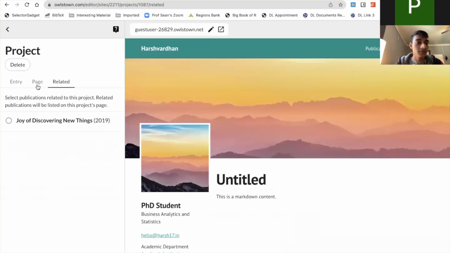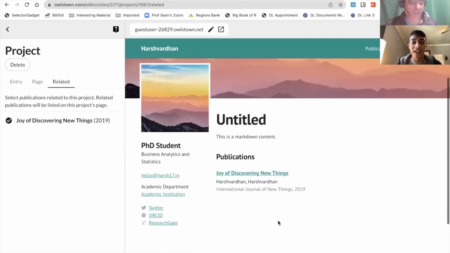Then some things about the related publications which are related to this project. It will automatically show you a list of projects which could have the same publication. Sometimes it's possible that you worked on a project which was such a huge project that it ended up creating 2 or 3 or maybe several research papers. So you could just click on this and then voila. As soon as you have the project titled here, this is a markdown template and all the publications that went with it.